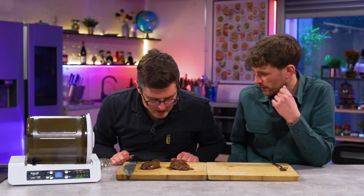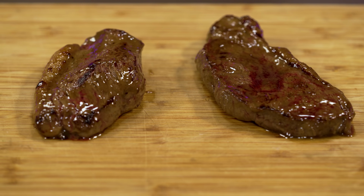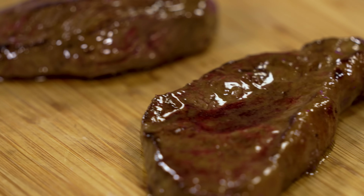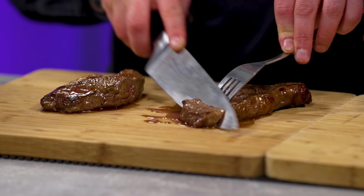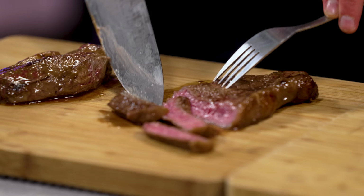We're rested. Noticeable differences, considering the one that didn't go in the Gadget took a little bit longer cooking, and I think it's still less well cooked than the other one. So it's actually sped up the cooking as well. The Gadget one, what are you looking for? A nice medium-rare sort of pink blush, but more importantly,